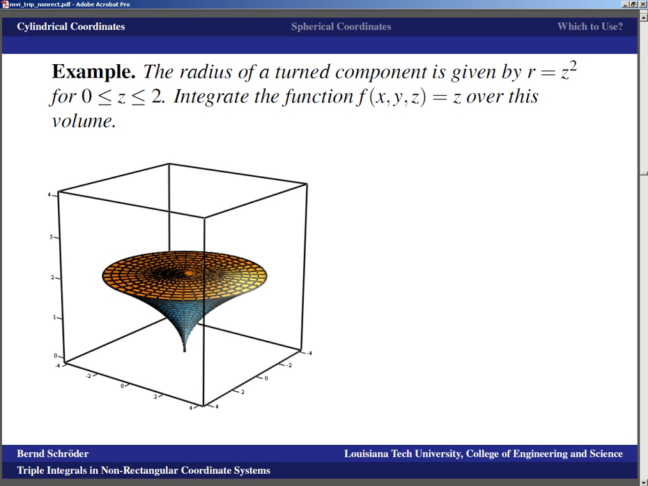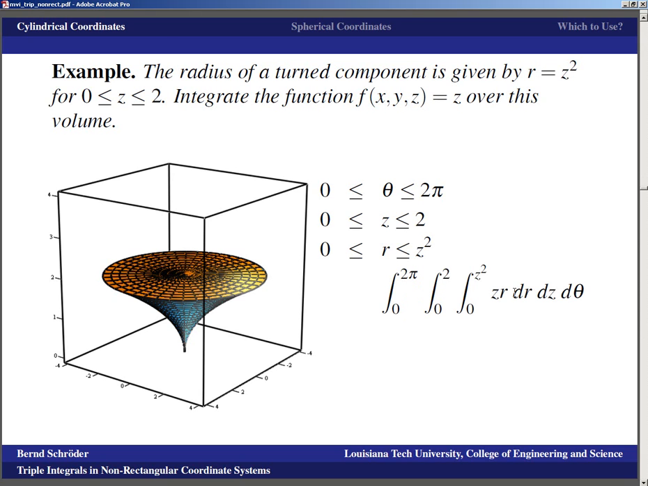And we would still want to know how to integrate over that. And what can we see here? Well, z would go from 0 to 2, and then we have to figure out what those circles are, right? So for those circles, theta goes from 0 to 2 pi. Z goes from 0 to 2, like I just mentioned. And the radius, well, the radius goes from 0 to z squared. And that would give us that our integral goes from 0 to 2 pi, from 0 to 2, and from 0 to z squared of z, r dr dz d theta,